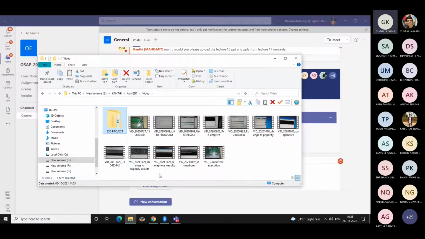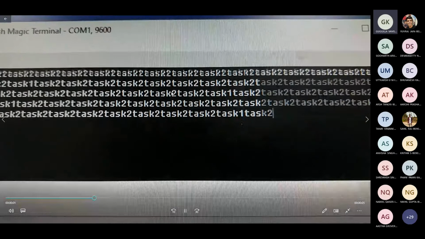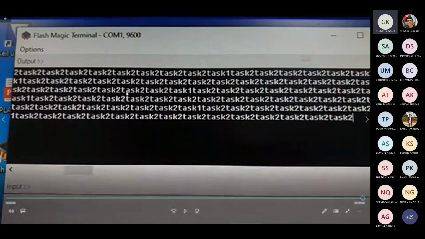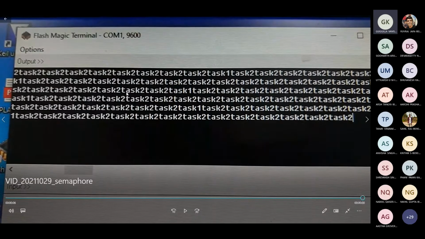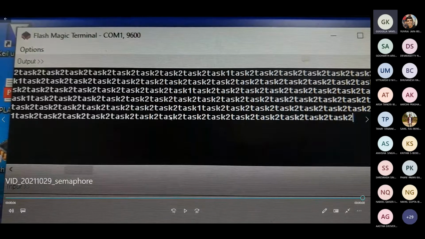The results we have not shown completely, but you can just visualize. You just display task 2 and task 1 based on the speed through which the particular task switching happens.